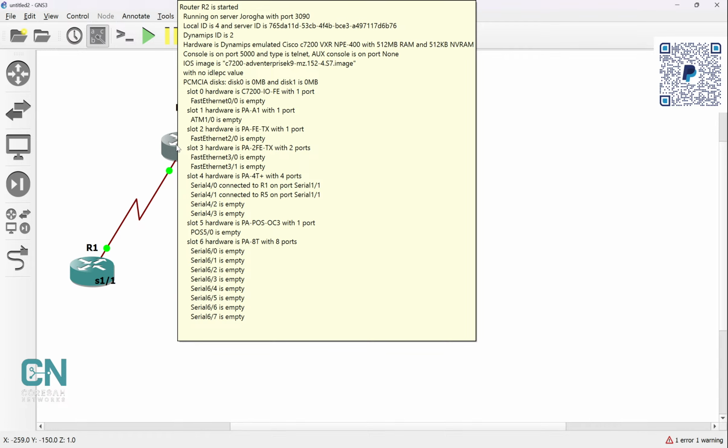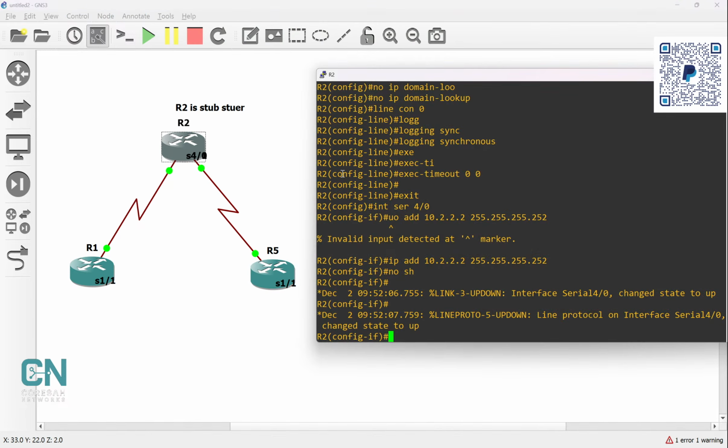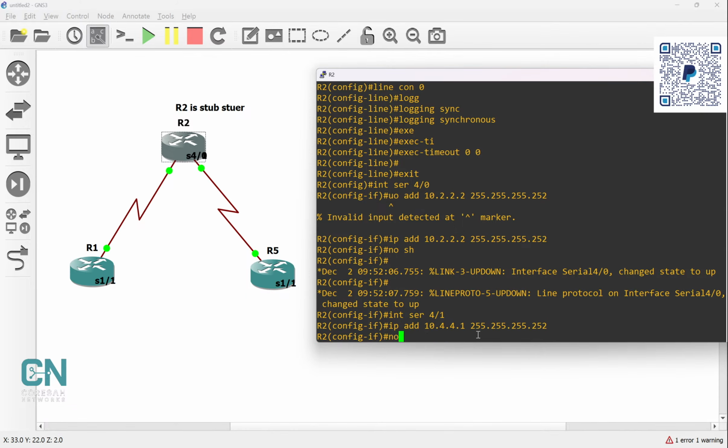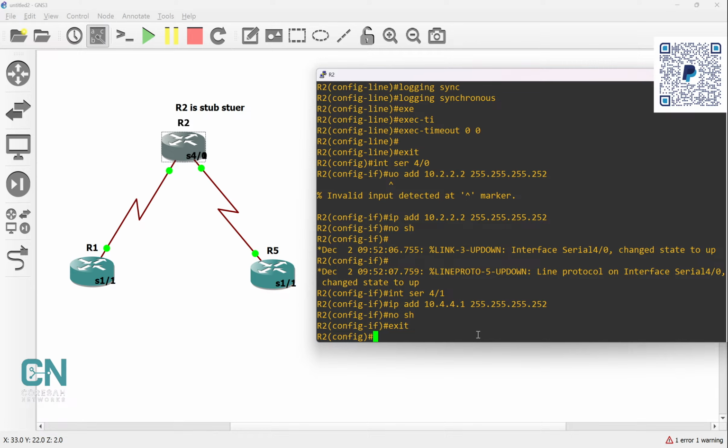And on R2 serial 4/1, actually we have an IP address 10.4.4.1 255.255.255.252 again. No shutdown, exit,